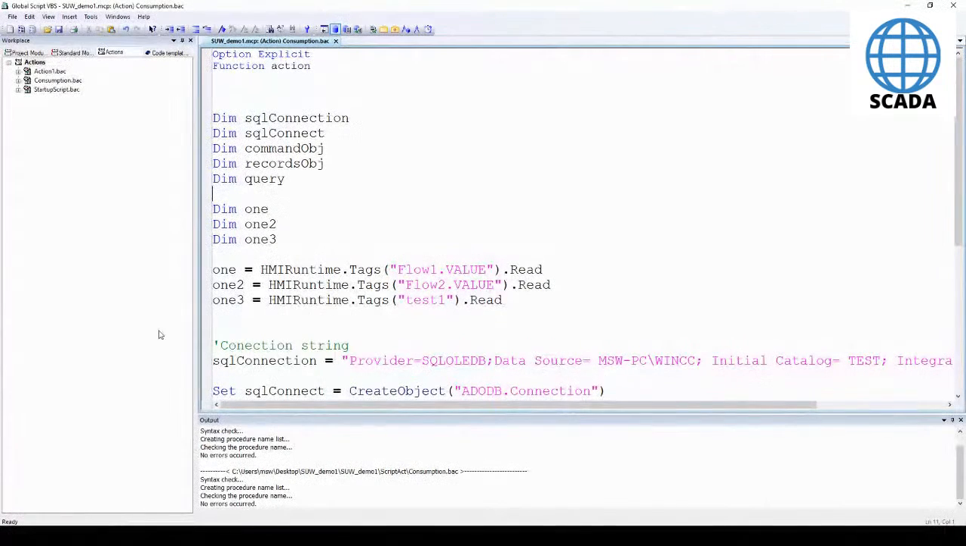And let's close the runtime, because sometimes we need to make the